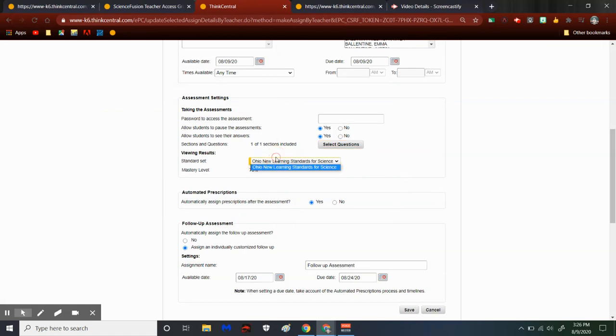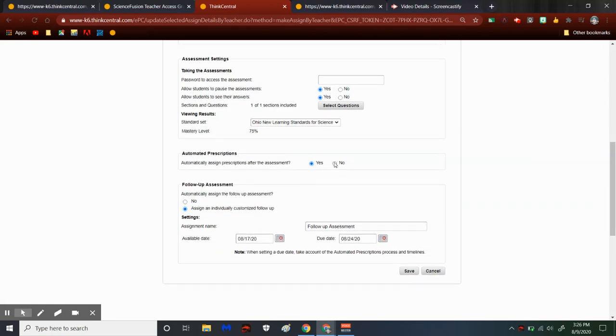I have to use the Ohio Learning Standards. They're the only ones that you can use. And I have to have my mastery level at 75%, which means they have to get 3 out of the 4 correct because I cannot change that. I can either yes or no,